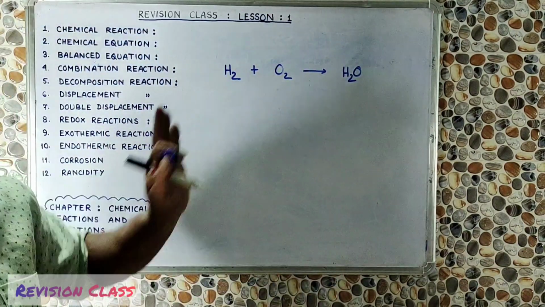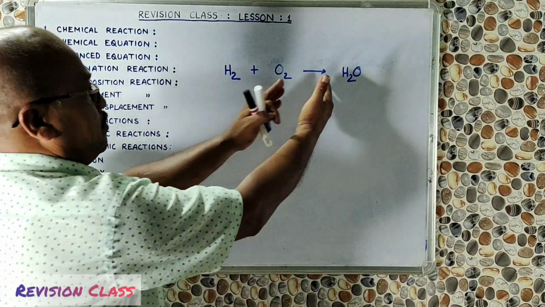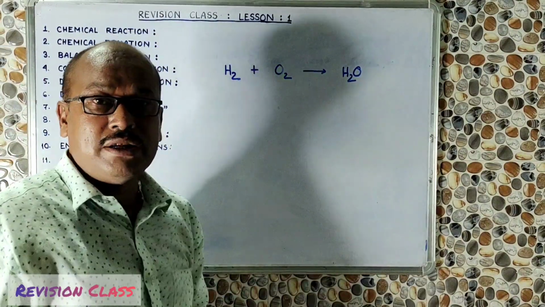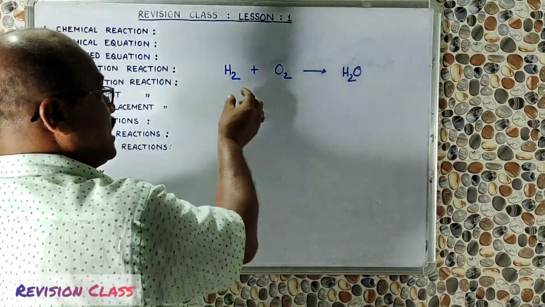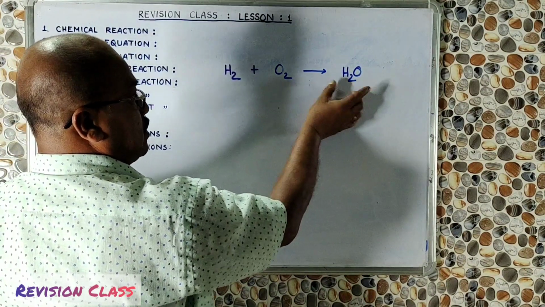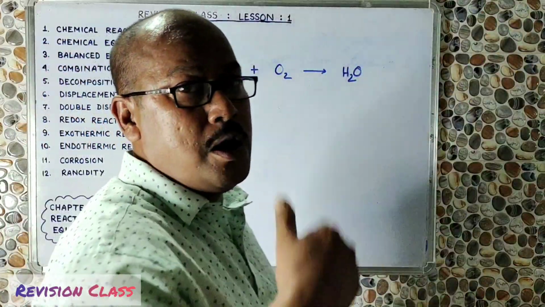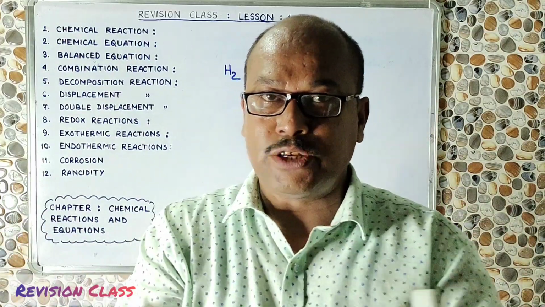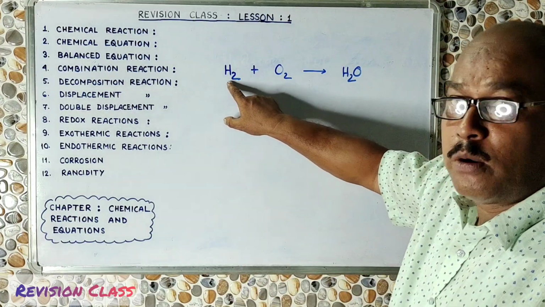If we look at this chemical reaction and chemical equation, on the left hand side of the arrow mark these are called reactants, and on the right hand side of the arrow mark these are called products. Now if we see the reactants and products, we will see the same elements are there. Hydrogen is here, there is also hydrogen. Oxygen is there on the reactant side, and oxygen is also on the product side. So the same hydrogen and oxygen are present on the left side as well as on the right side. But the question is, how many hydrogen atoms are present here?